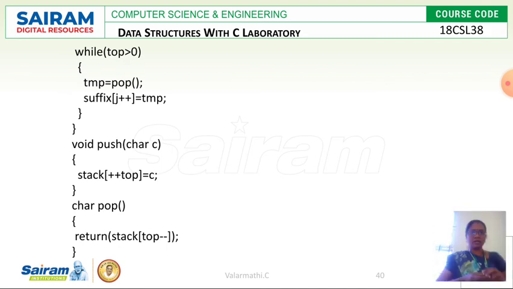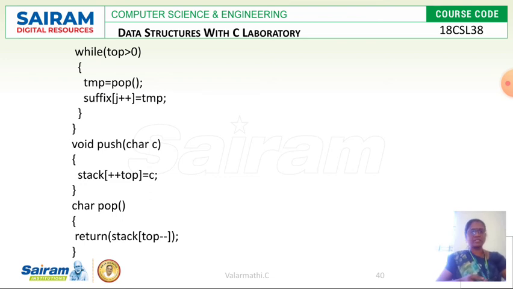Now the push operation is going to be executed. We know the meaning of push. Whenever the push operation is called, the element which is going to be added should be stored in stack of plus top. This is a simple statement, only one statement in the push operation: stack of plus top is equal to c.